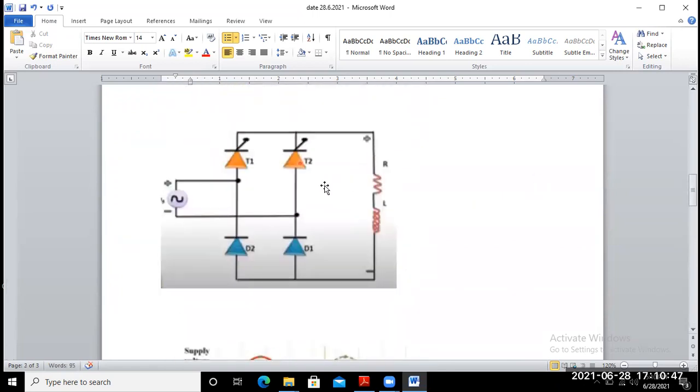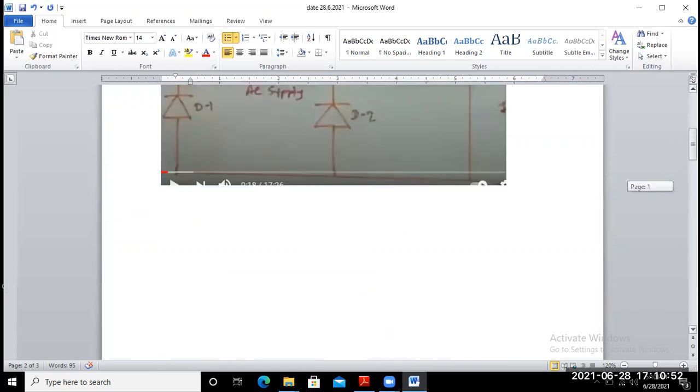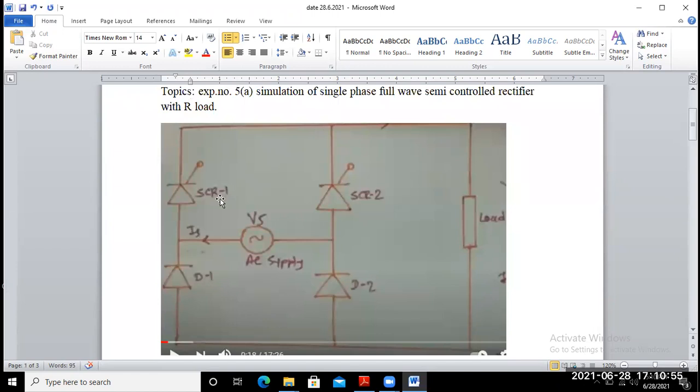So thyristor 1 is commutated by force when the negative supply voltage appears across this SCR. Okay, so this one becomes negative and this one is positive. So this one and this one become reverse biased. Since the polarity changes from the first half cycle, that means 0 to pi, this one is positive, this one is negative, and the next one is what? This one is positive and this one is negative, from pi to 2 pi. So this SCR becomes forward biased and this diode becomes forward biased.